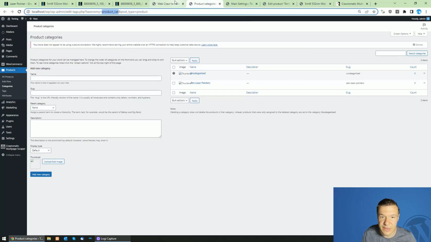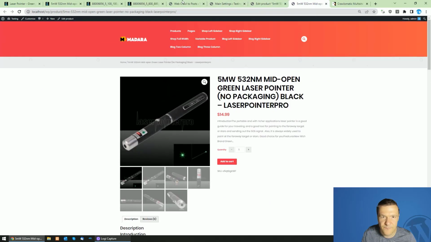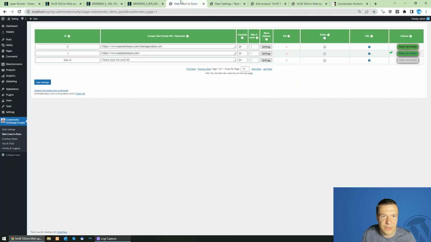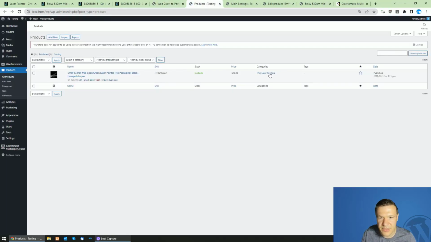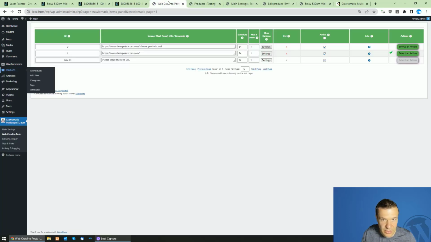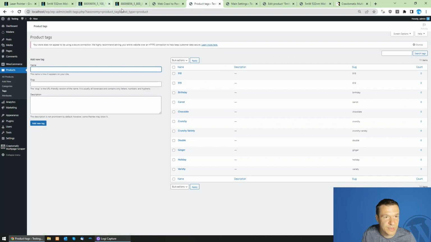if you refresh the product here in the product listing, we will see that it has the pen laser pointers category, and we can see this also better here in WooCommerce, where the category pen laser pointers is added. Okay, we can also add tags to the product, so let's go to tags, and the